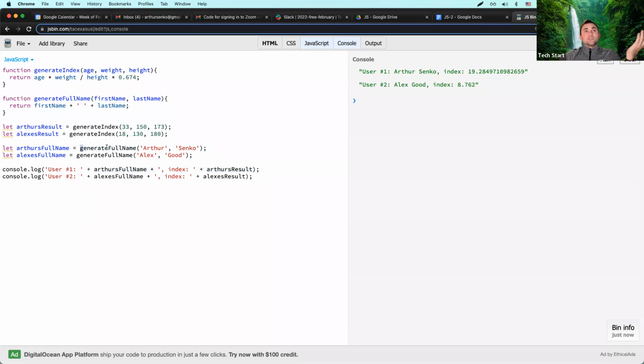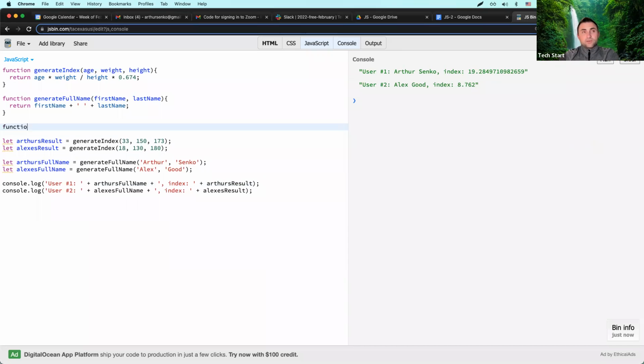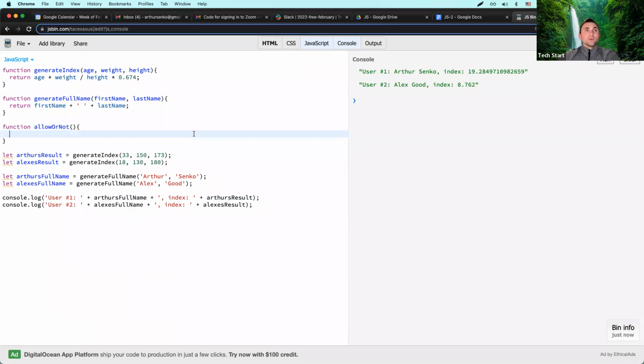I can have a function that generates a full name. I can have a function that does something else. Let's create another function, allow or not. This is the function from your previous homework. This function will accept age, and inside we'll have a statement: if age is more than or equal to 21,